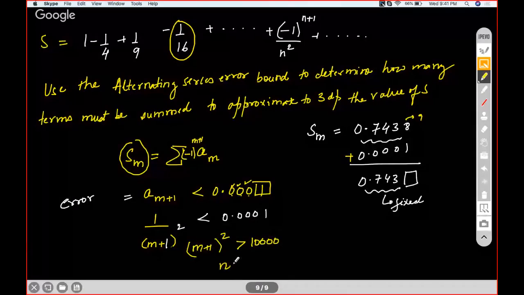Let's see whether you have a question on this. Wait, don't change the slide. Yeah, you can change it. So the answer is just 99 terms. Right? Yeah. Next question is, if there is a series like this,